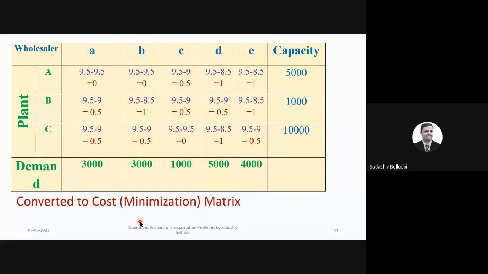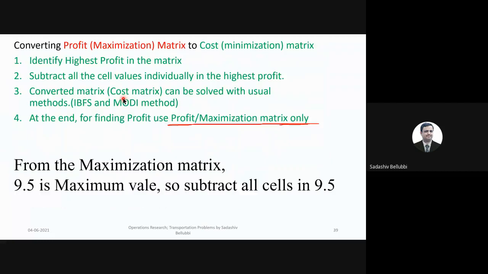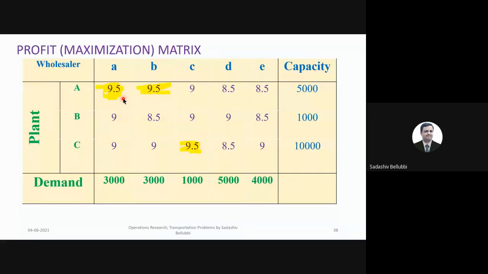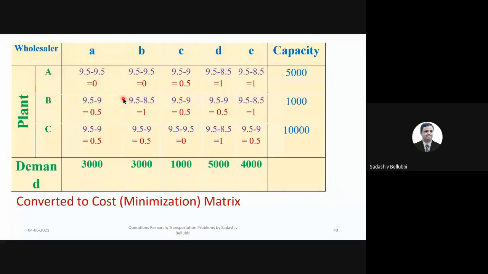Yes. Okay, we can see that I have written with two colors: one is purple and the other is brown. The purple color is the calculation, actually 9.5. 9.5 is common for all the elements initially, and we have subtracted whatever the number was from this profit matrix. Whatever the brown color numbers are, that is the final answer.